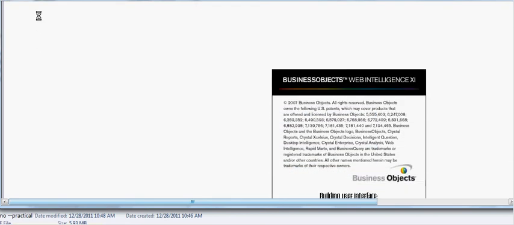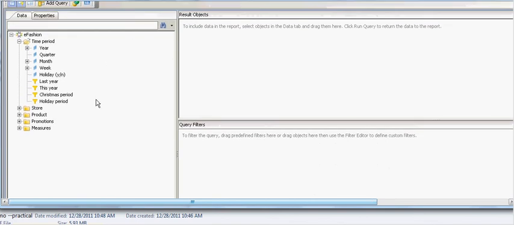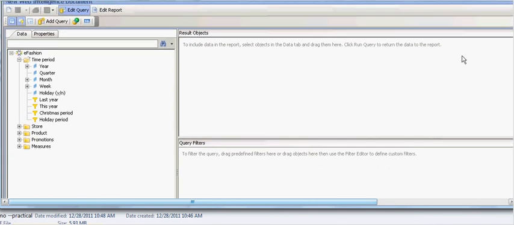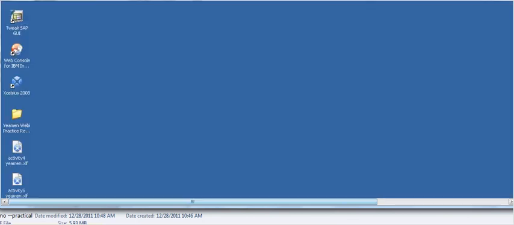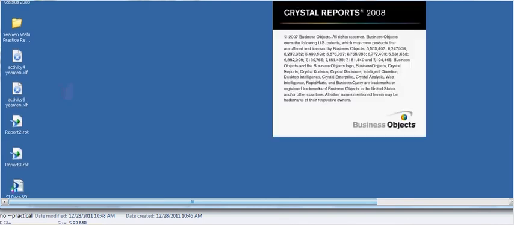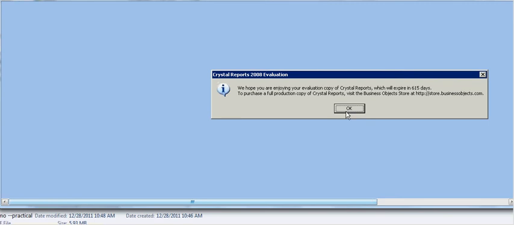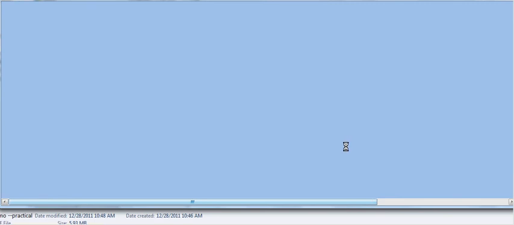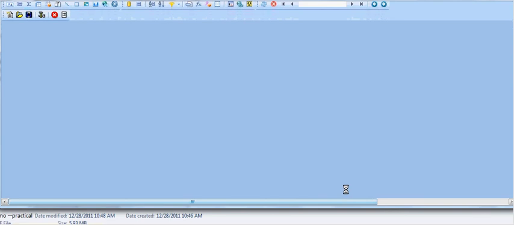In the same way, we have one more reporting solution, Crystal Reports, which we can also use for report development. Webi has its own significance and Crystal Reports has its own significance. Depending upon the end user requirement, we provide the solution as either Webi reporting or Crystal Reports.